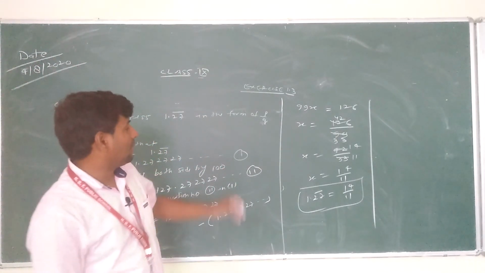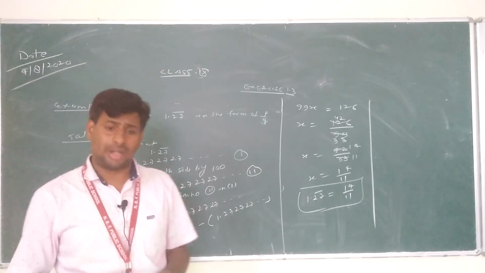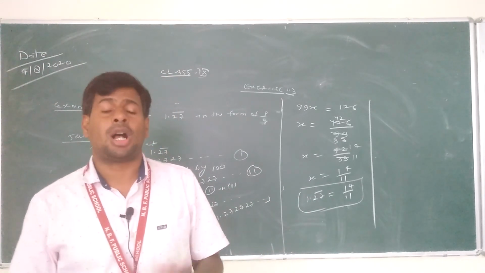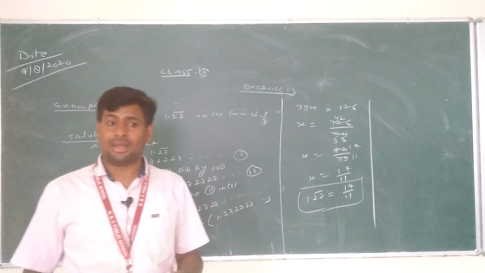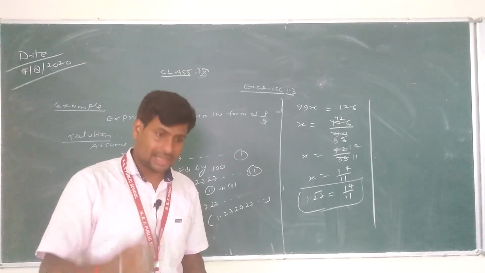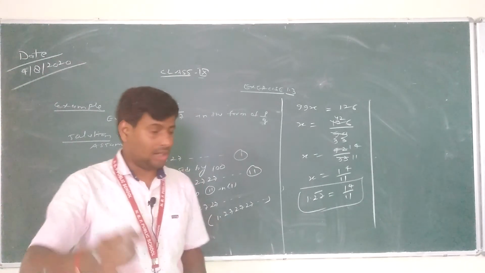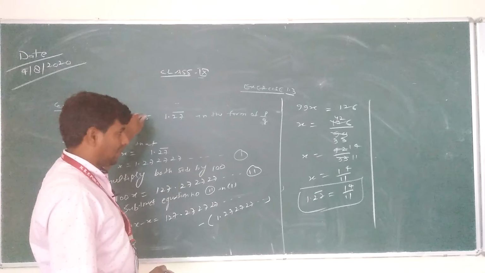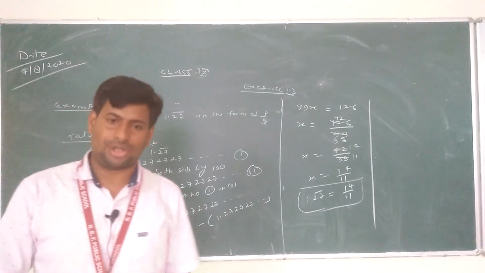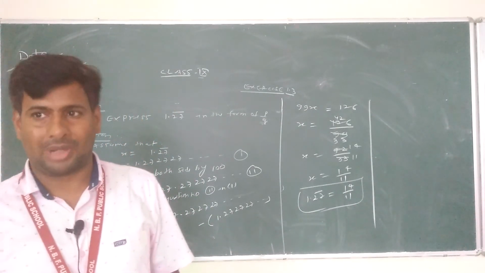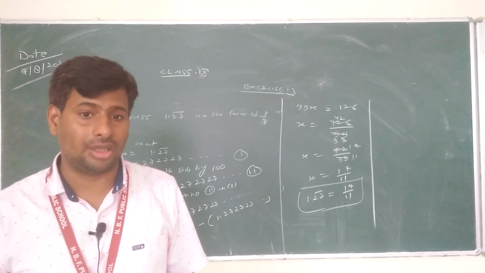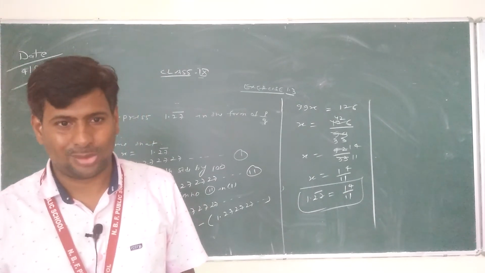Students of class 9, this is an example for exercise 1.3. In exercise 1.3, we discuss real numbers. Real numbers have two conditions, rational and irrational. How can we represent real numbers in decimal expansion form? We discuss that in exercise 1.3, where we represent rational numbers that are non-terminating but repeating, also terminating, and irrational numbers. Students of class 9, we will discuss exercise 1.3 in the next class. Okay, thank you.